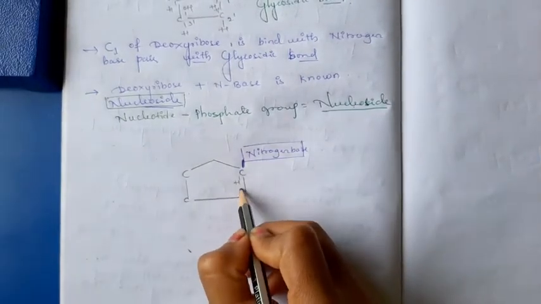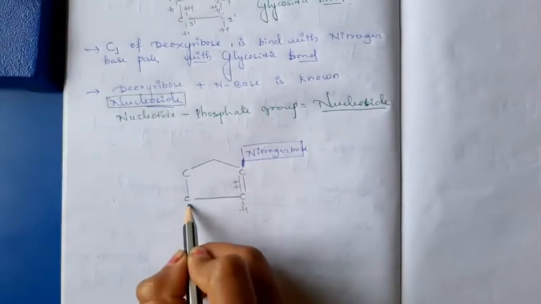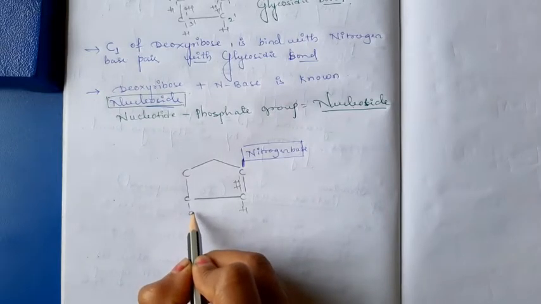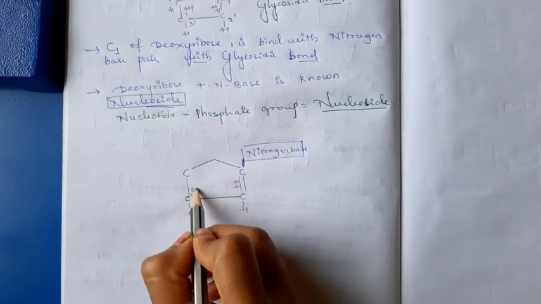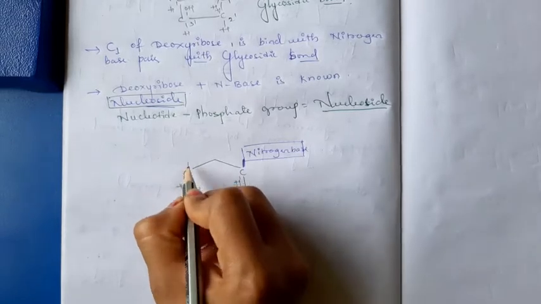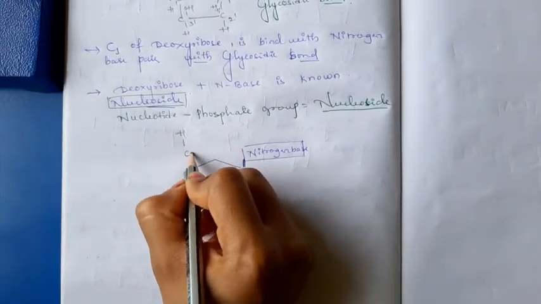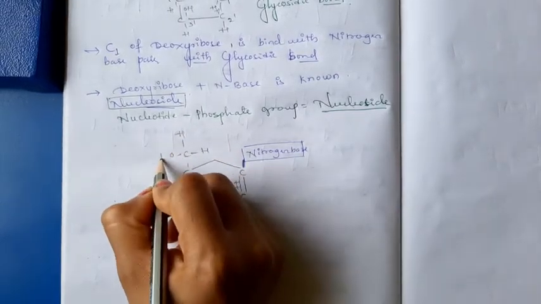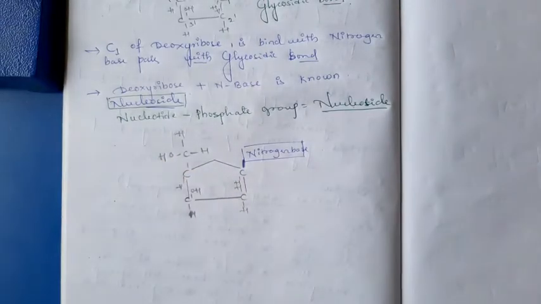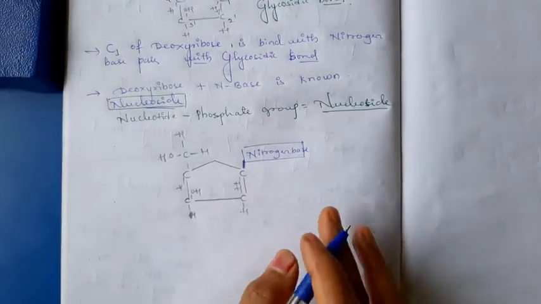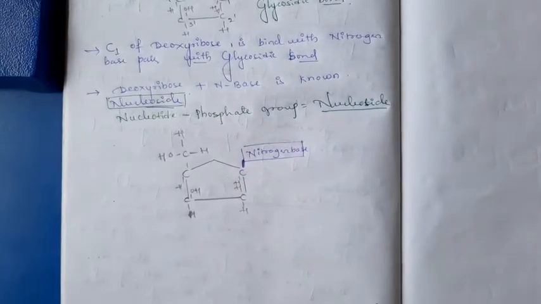Another side it is attached with the hydrogen. CH2OH. When the phosphate group is going to bind with the